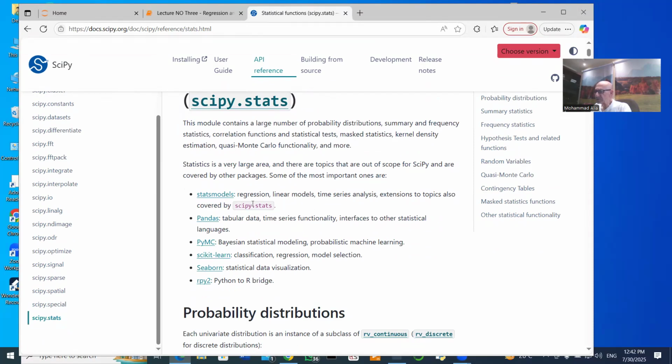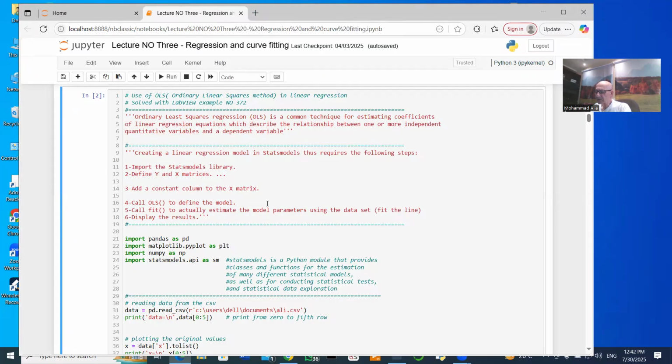These models deal with regression, linear models, time series analysis, and other work. You work with statsmodels with SciPy. If you want to download statsmodels, I recommend you to work with the